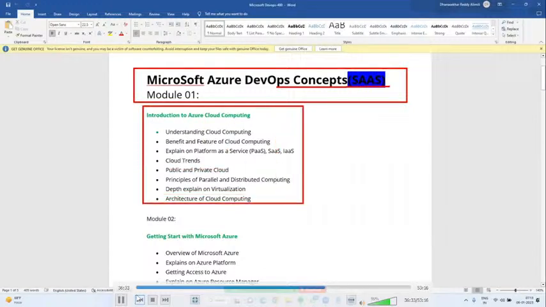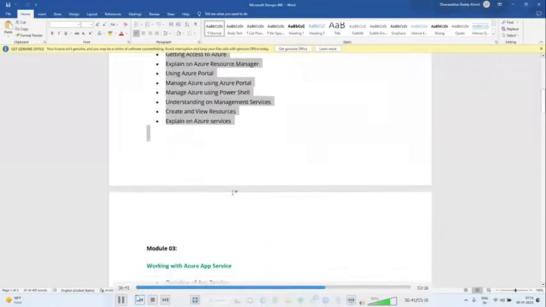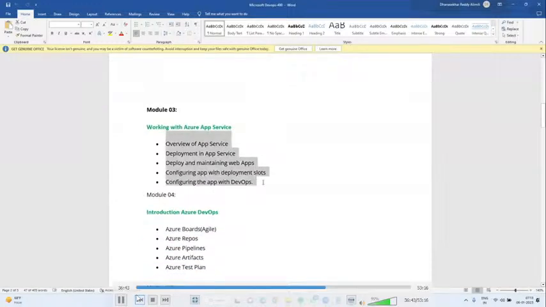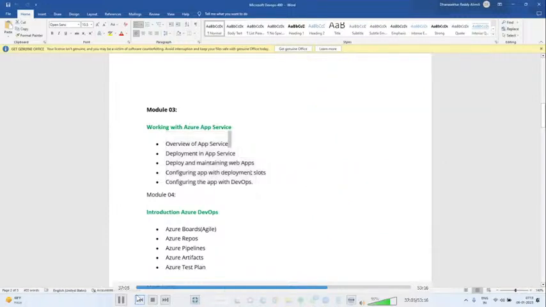So for Azure DevOps, as I said, Azure administrator is mandatory. Same I have included, including Azure cloud computing, what Azure is, and subscription details and the portal. Module 3 is App Services. See here, when you configure the CI and CD pipeline, CI means continuous integration, CD continuous deployment. The outcome, the application should be deployed in App Services, or where else? Virtual machine. That's why I have included App Services, which comes under PaaS.